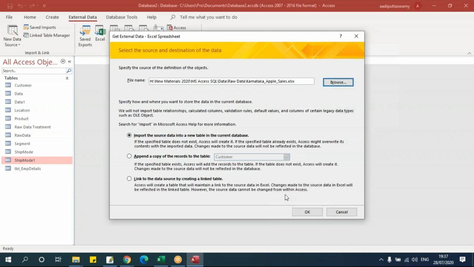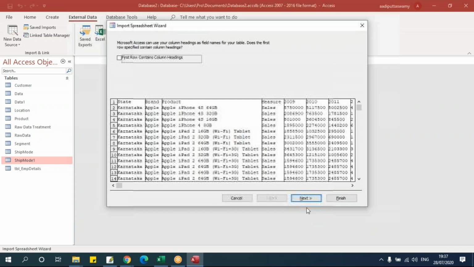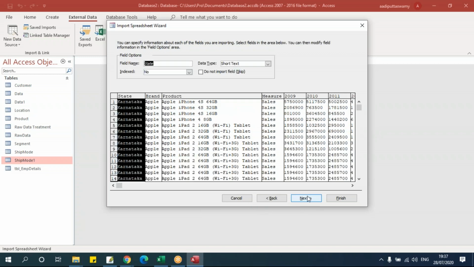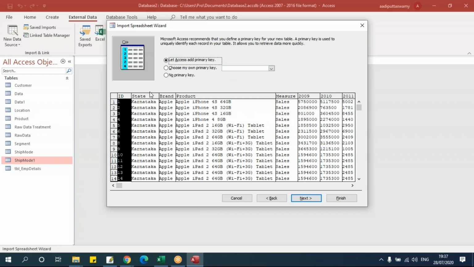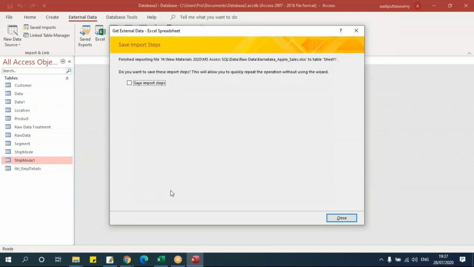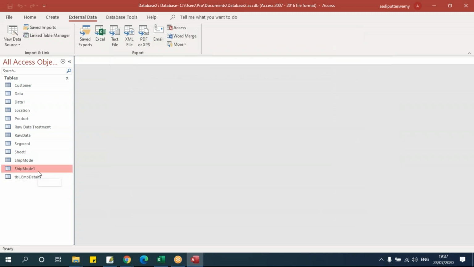Let me select this. We'll just take one new file. Let's say my first row has got headers. Next. Then we'll say next, no primary key, and we'll say finish. Let's go and check the data. We just took, where is that data? I think yeah, this one.